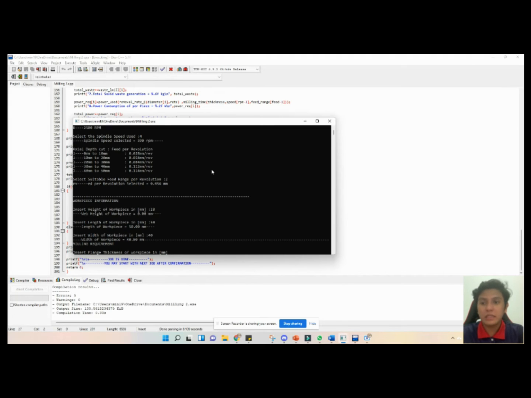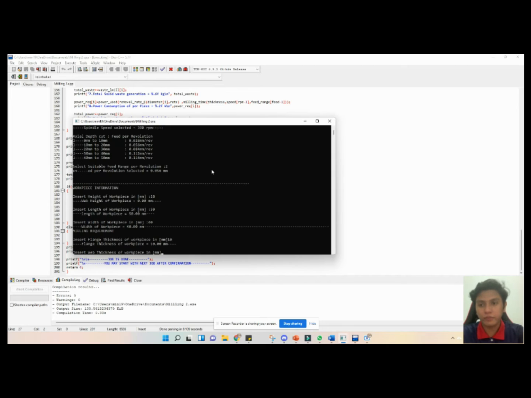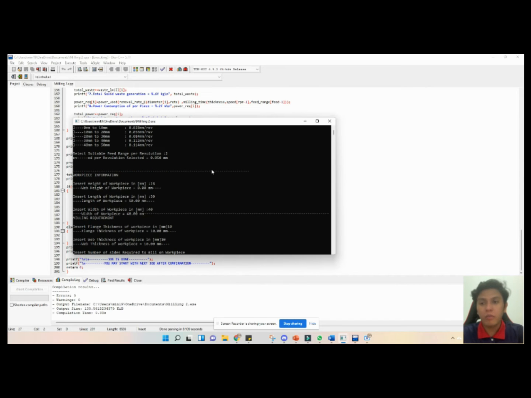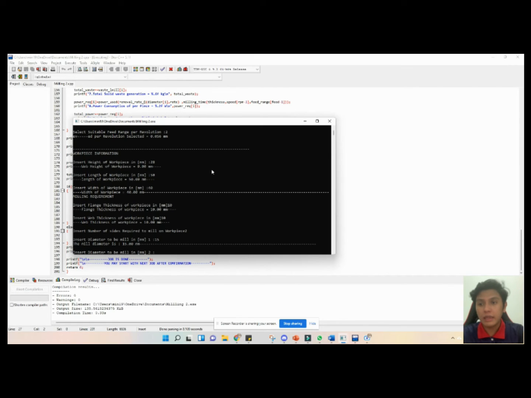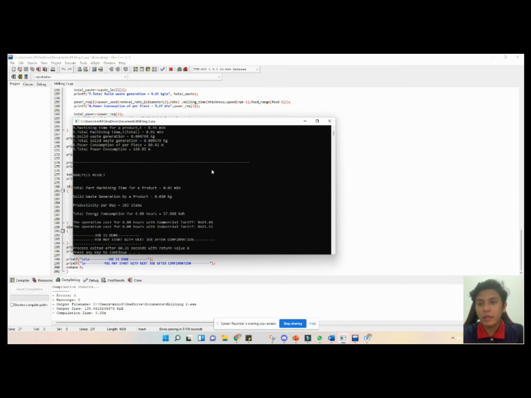For the fan thickness I will assume 10, and the insert width thickness I will assume 10, and then the number of sides required to mill on the workpiece I will assume 2, and then the diameter I will assume 15, and the diameter 2 is 15, same as the first, and then this is the analysis result, and you can